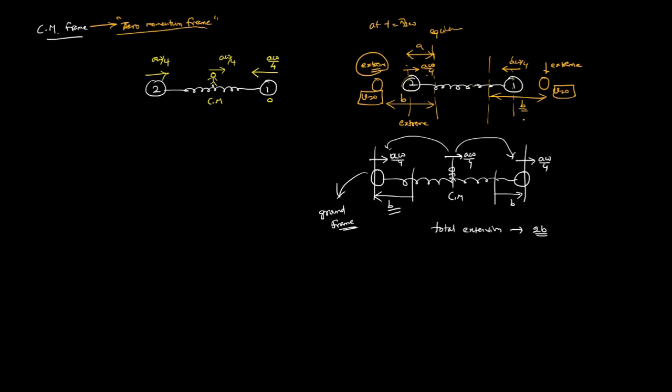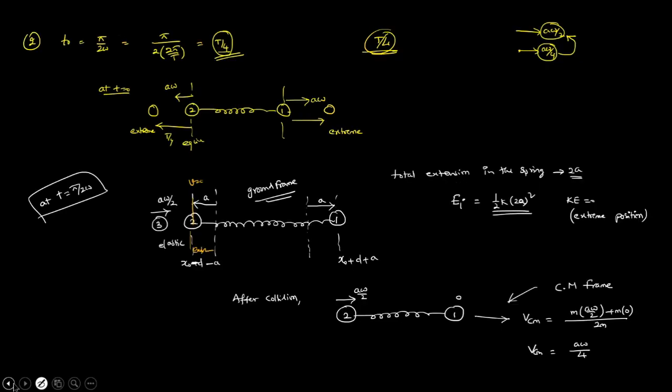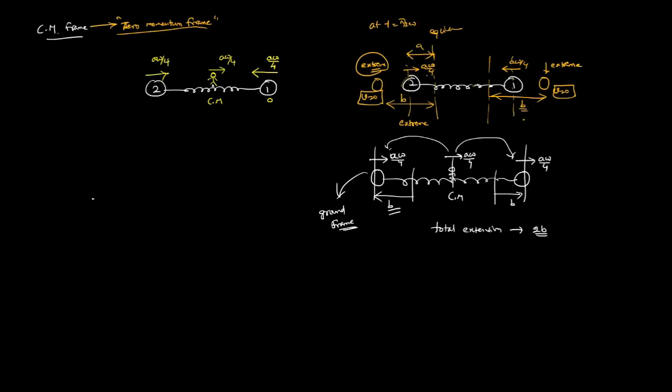So now we need to identify the B value. So we can use the conservation of energy, right? So then what is the initial energy? I can write down half k into 2a square. So initial energy I am writing here, half k into 2a square, should be equal to the final energy of the system. The energy stored in the spring will be half k into 2b square, where b is the amplitude I am taking, plus kinetic energy, half m into a omega by 4 square